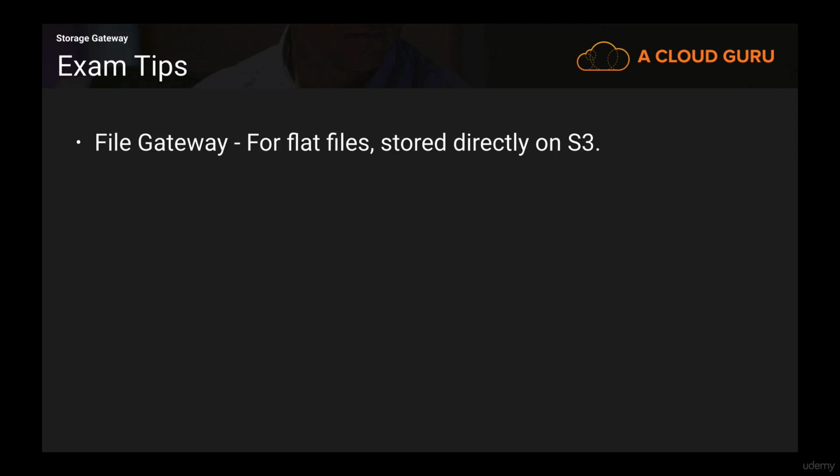So let's do a quick little recap. We've got a file gateway. This is for flat files only. You're not storing any files on premise, you're storing them all on S3. By flat files, we just mean Word documents, PDF documents. We're talking about image files, video files, etc. What we're not talking about is operating systems and databases. For those, we need block-based